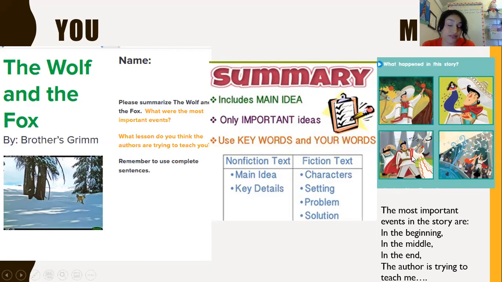But of course, he figures it out, and at the end, he marries his beautiful bride. What is the author trying to teach me in this story? Well, the author is trying to teach me that sometimes, in order to get what we want, there are phases, right? There are steps. And sometimes step 1 and step 2 might not work out for us because maybe we'll